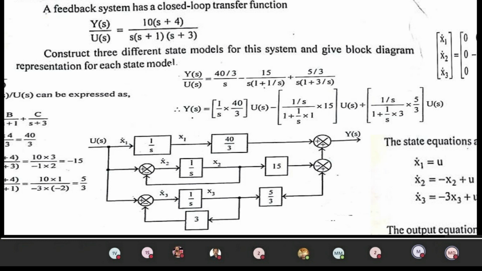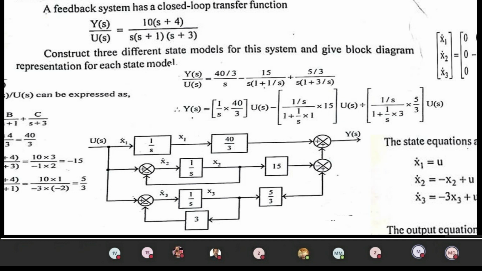Unity feedback has been implemented, and its input is x2 dot of t and output is x2. Similarly another integrator will be implemented. The feedback signal has been taken and given to the input side, that is 3, okay. Therefore here the output will be 3 divided by s, that will be the thing. Now you can write the equations. For x2 dot, where the signals are coming, they will be combined together to give you the equation. So the x2 dot signal is coming from u of t and also the signal x2. Similarly the x3 dot signal is coming from u of t, and then the other signal is 3 into x3.